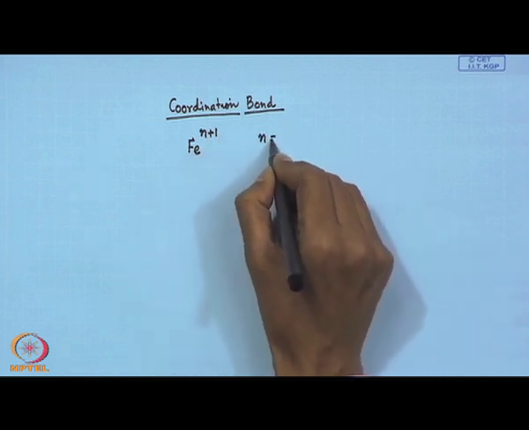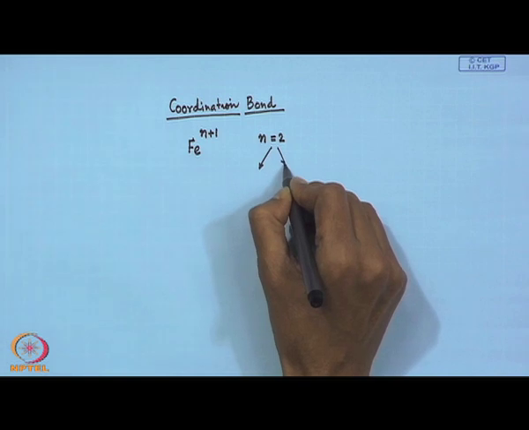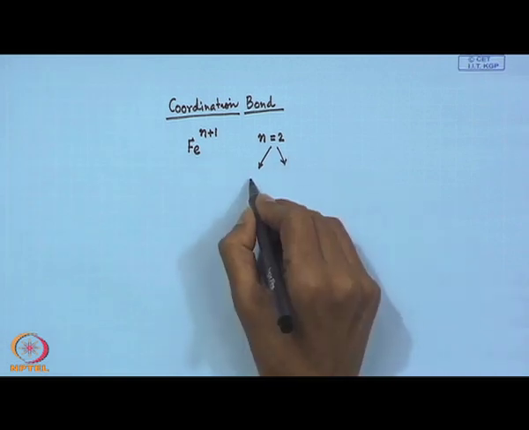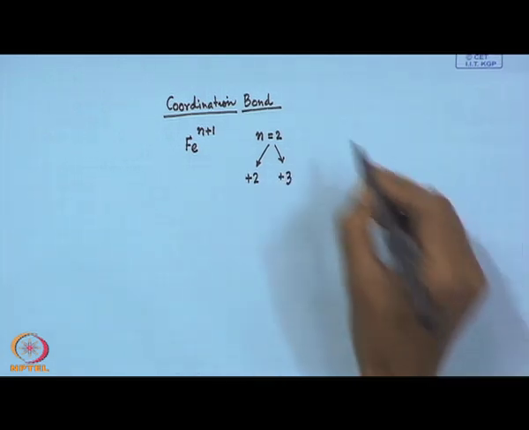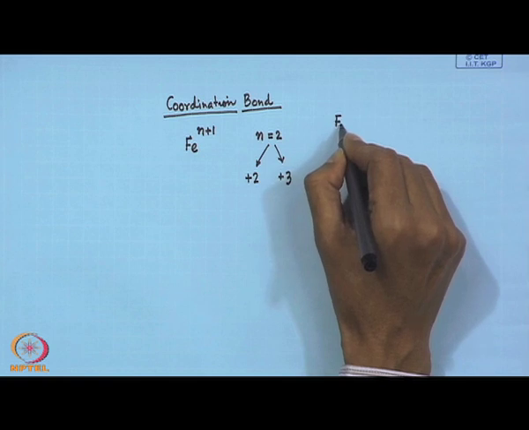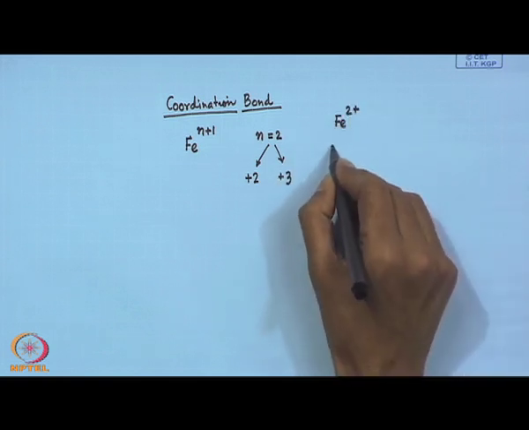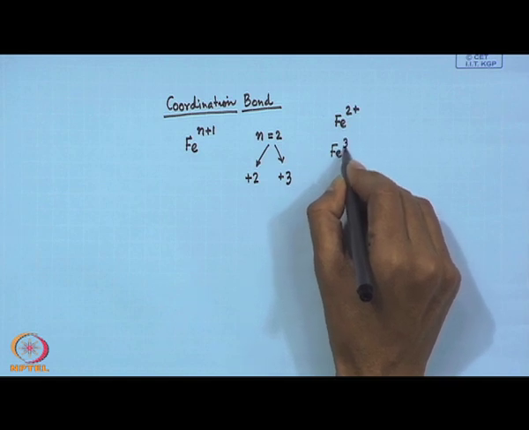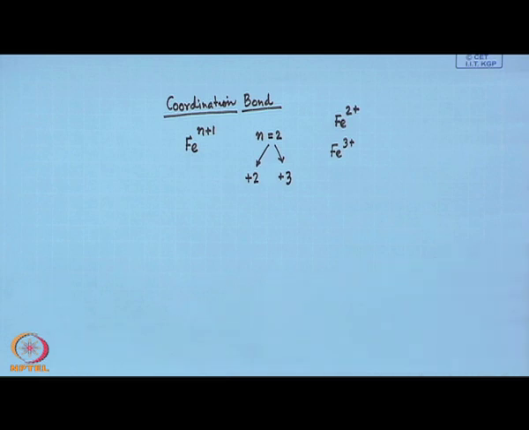So, when n is equal to 2, we get both the plus 2 as well as plus 3 oxidation states. So, if we just consider how the ferrous ion as well as the ferric ion will form such coordinate bonds,